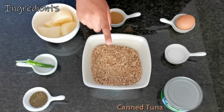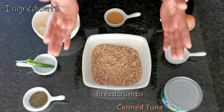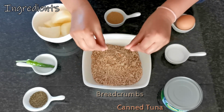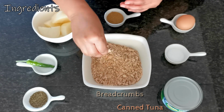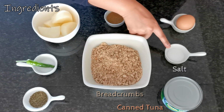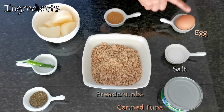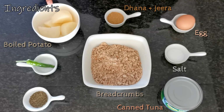You also need about a quarter loaf of breadcrumbs. You can buy breadcrumbs from the grocery store if they have any available, but if you don't, you can always just use stale bread, whatever you have in your fridge. I find that the 2 end pieces in the loaf of bread works best. So you just break it up into pieces and rub it between your palms, and then it will make some nice fresh breadcrumbs. We will also need some salt to taste, 1 egg, some Dhana Jeera powder, 1 boiled potato,